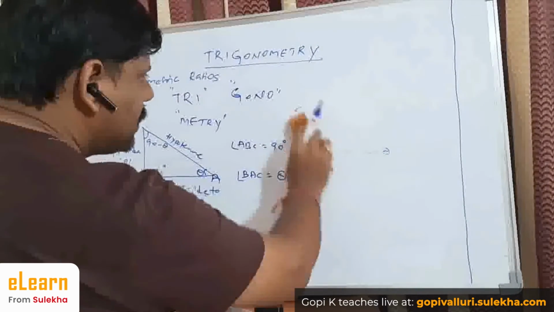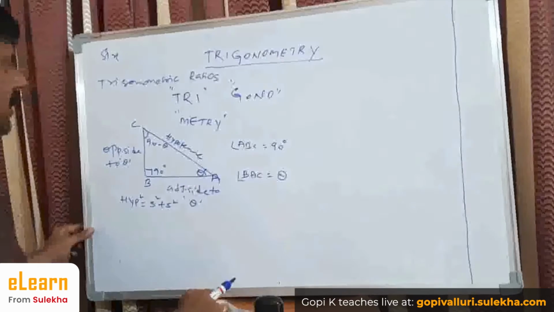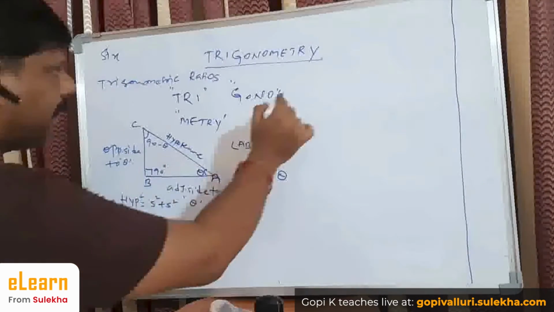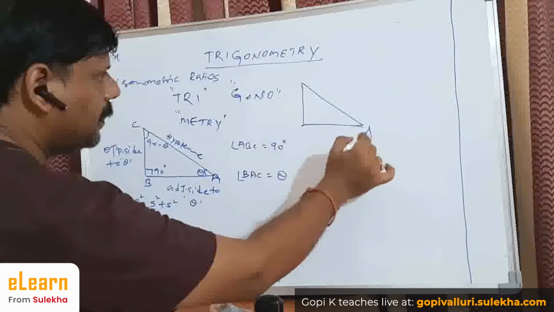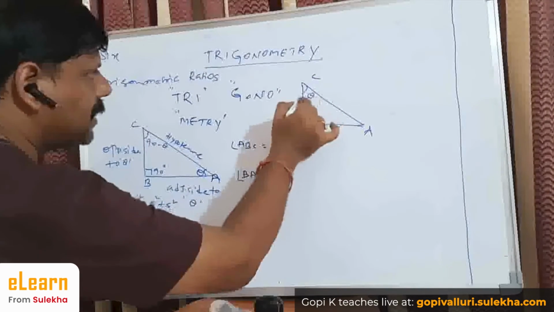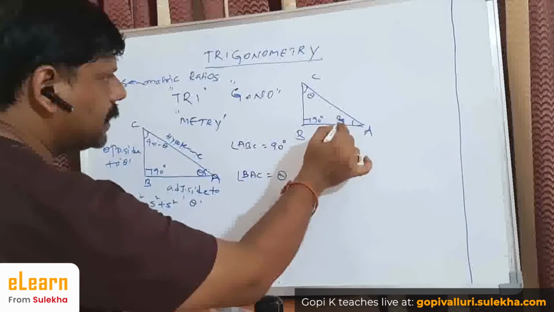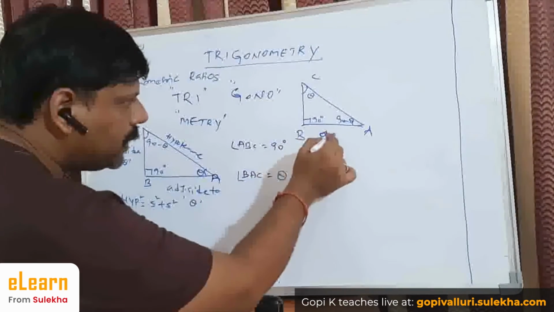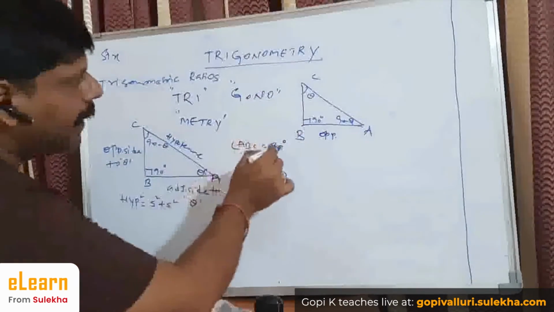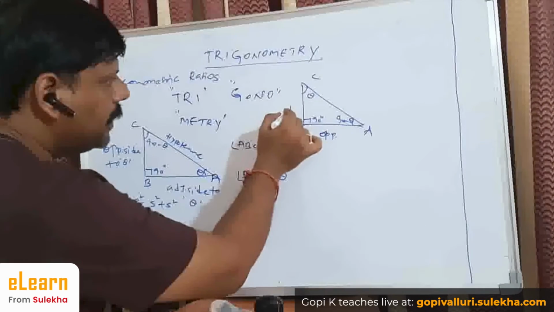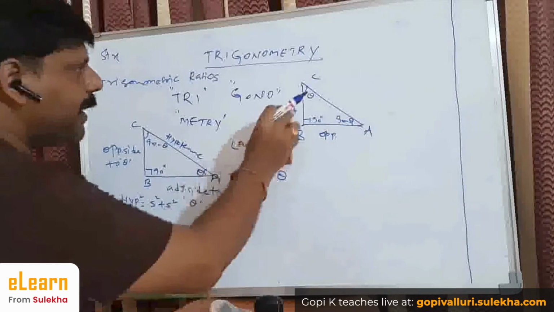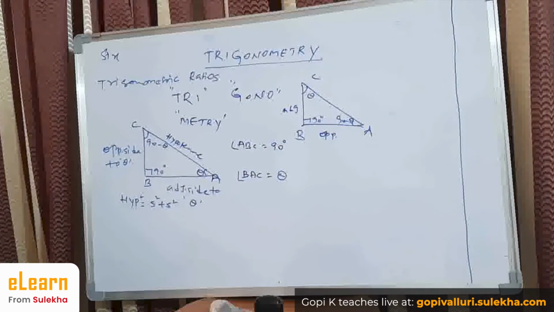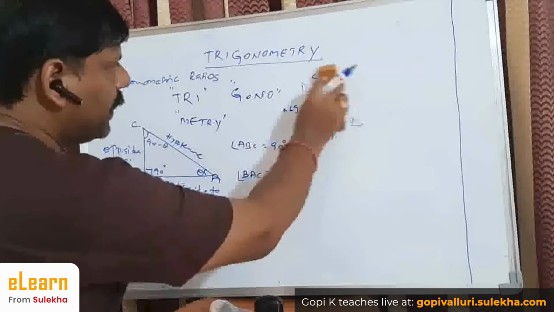Now I want to define sine theta. Some students may have a doubt: Sir, why are you writing opposite side to theta? Suppose I am considering theta at this place in triangle ABC, with 90 degrees here and 90 minus theta here. In this figure, what is the opposite side to theta? AB is the opposite side to theta, and BC is the adjacent side to theta. That means we determine adjacent and opposite with respect to the angle theta we are considering. This is a very important point. Nobody should get confused.